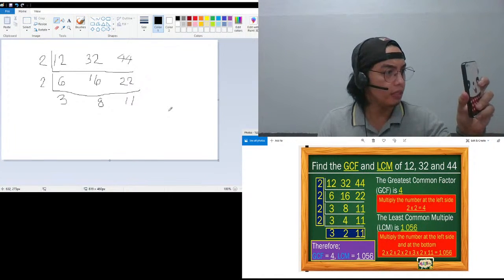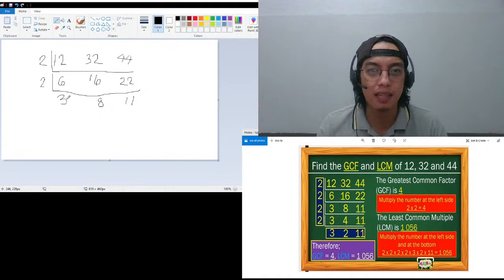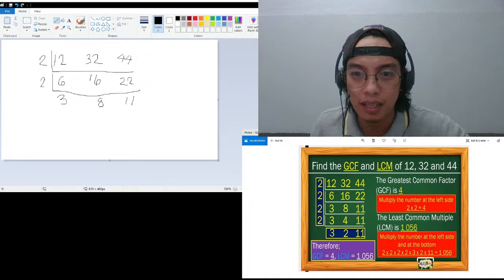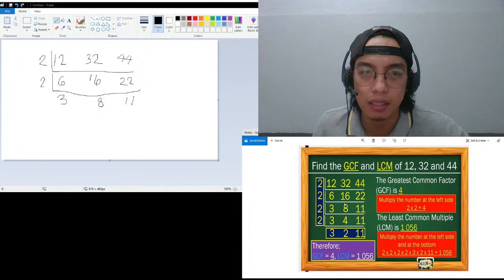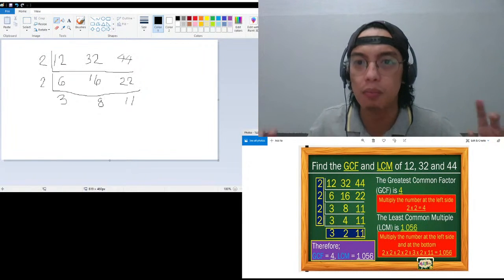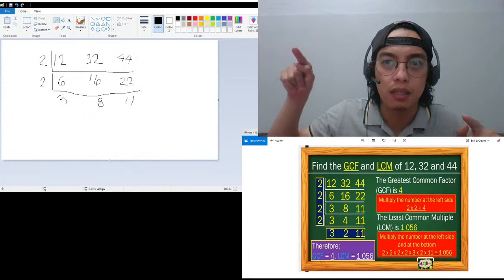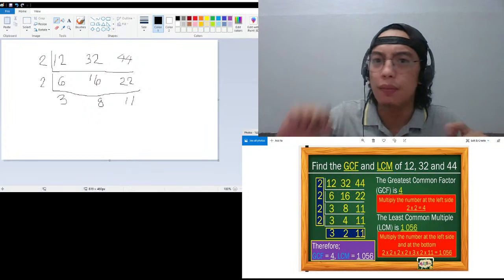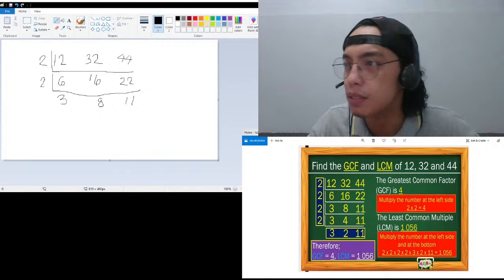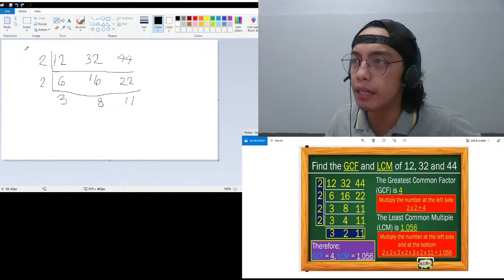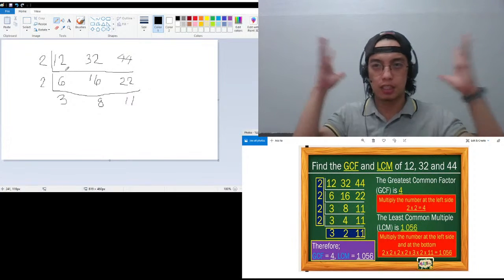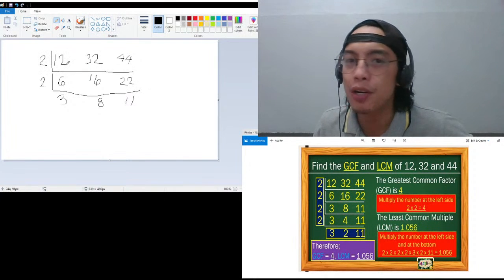Okay, so I think this is the only thing that you need to do. There's a typographical error in the slide here. I'm not sure why or how, but if I answer this, I'll answer this way on top. That's why there is no division line. It's continuous division. Okay, so to review, for 12, 32, 44, what number can we divide by,